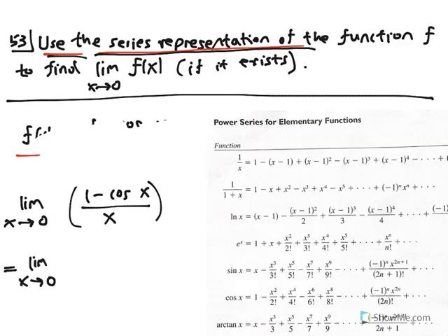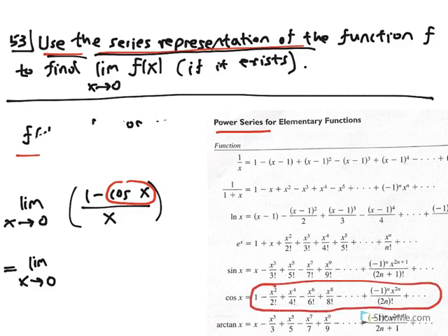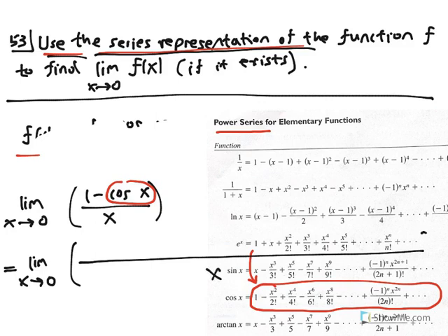So what we can do is we can use our Taylor series centered at 0 for the function cosine x, and we can go ahead and replace cosine x in the numerator of our function with the Taylor series centered at 0 for cosine x. And that would give us the following. There is a denominator, which is of course x, but in the numerator we're going to have 1, which is this 1 here,